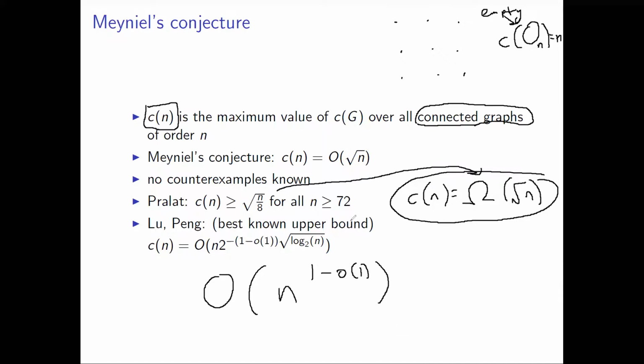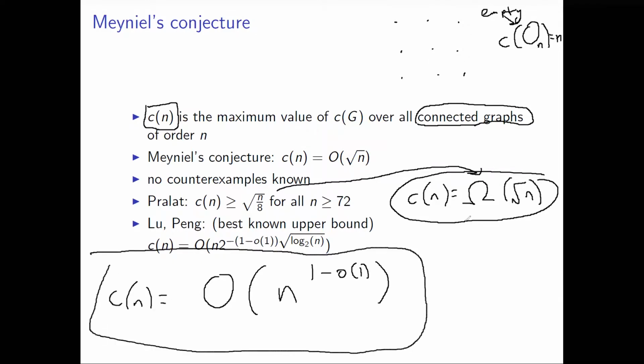So you can see that the lower bound and the upper bound, this upper bound down here, this lower bound right up here, they're very far apart. So the gap between these bounds is n to the 1 minus the low of 1 over square root of n. So the gap is approximately square root of n between the upper and lower bounds for C of n. So Meyniel's conjecture is wide open, and this best known upper bound